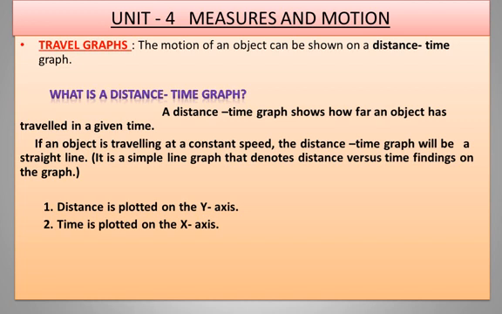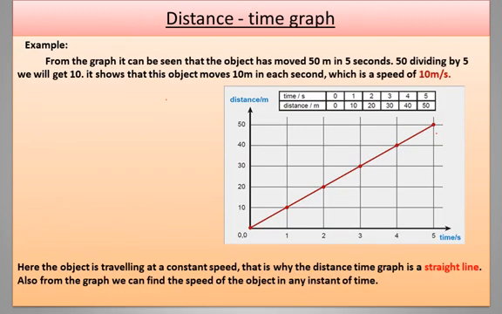Now, the distance is plotted on the y-axis and time is plotted on the x-axis. In this graph, we will plot distance along the y-axis and time on the x-axis. We will see some examples. In this example, you can see a graph in which it is shown that the object has moved 50 meters